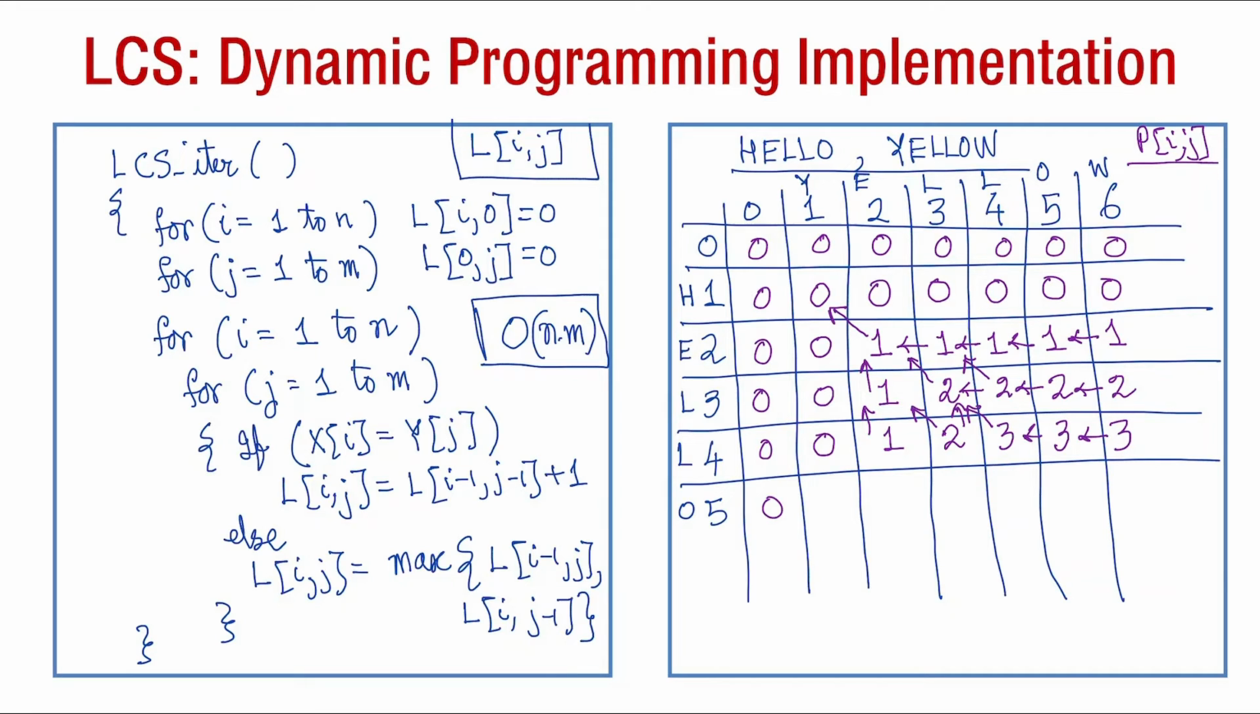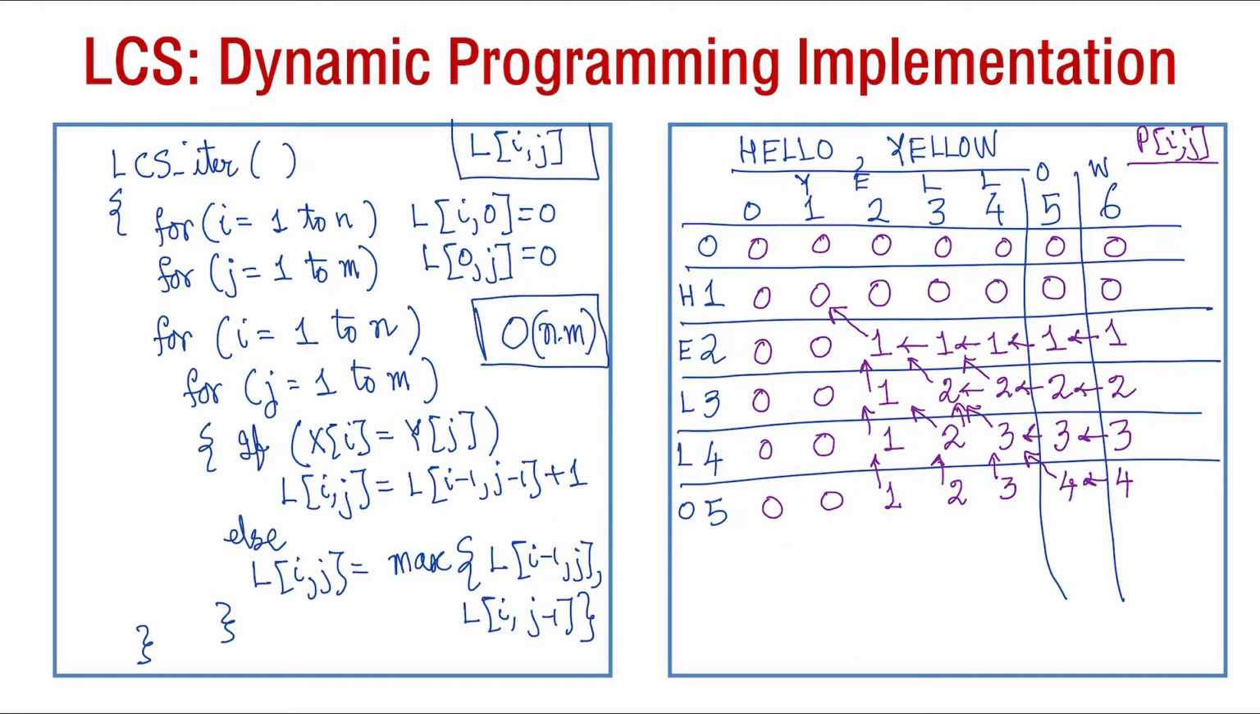Finally, O, this will not match. With E it will be 1. With L it will be 2 because it will come from this, from this. With L again it will be 3. It will come from this. But O will match with O and we will get 4 from this diagonal. And finally we will also get 4 here. So once we get this, we know that the maximum